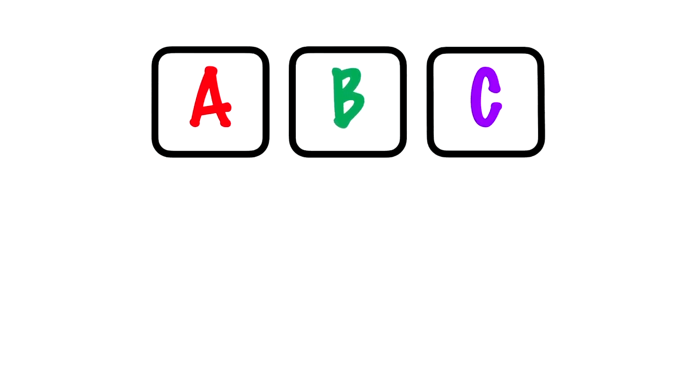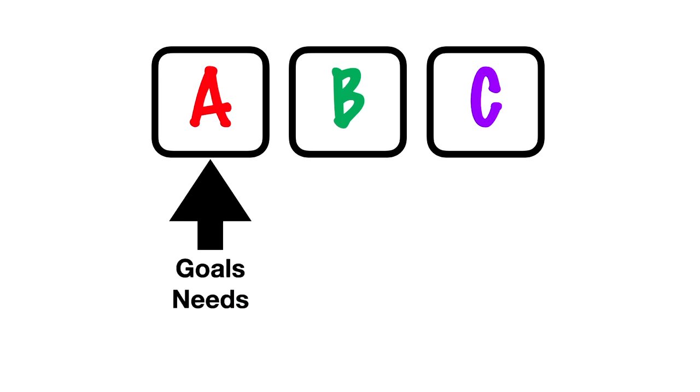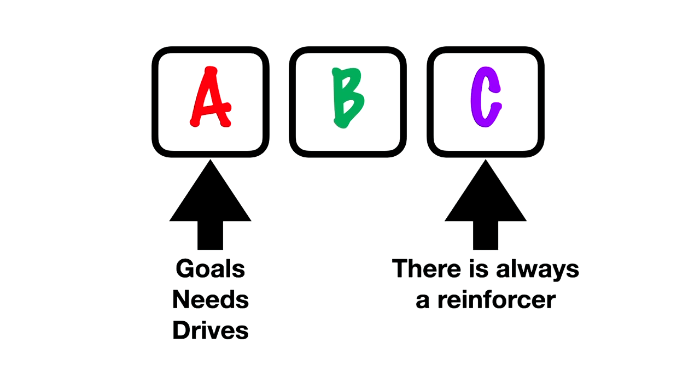Let's take a look at our model again. We have the ABC contingency theory, and of course we know that this means antecedent, behavior, and consequences. We make the assumption that the behavior itself exists because the antecedents, which include goals, needs, drives, and environmental factors, act upon the behavior, along with consequences. And there's always a reinforcer if the behavior is there, even if we can't see that particular reinforcer. It's very, very important to recognize this. We may look at an environment and it may look like something's coming from nowhere, but from this perspective, if we're going to use these tools,